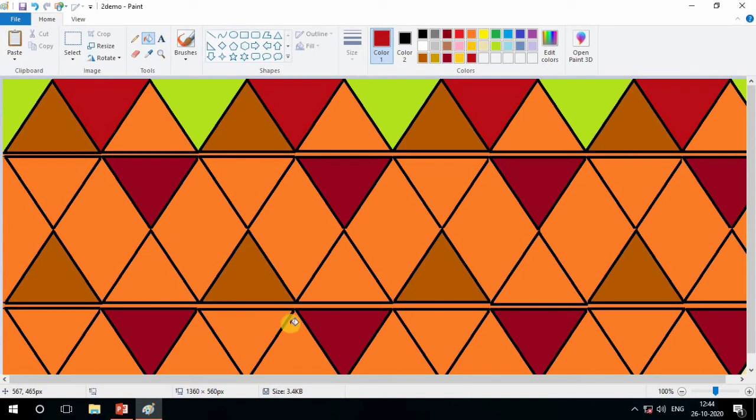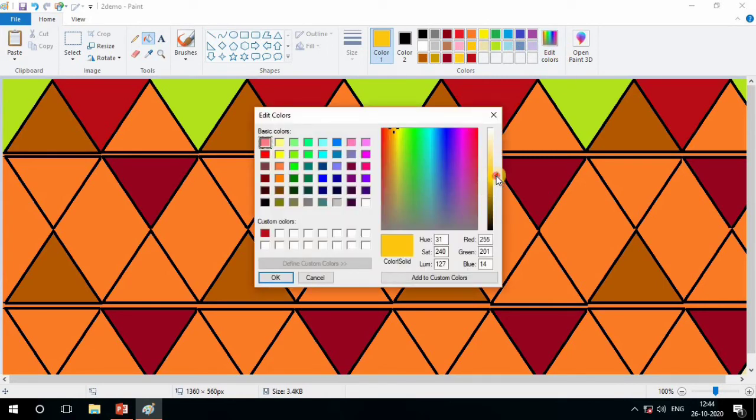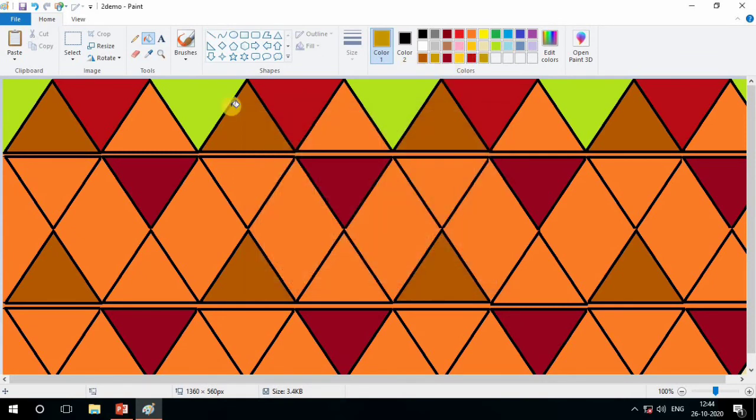See, we are filling different shades into different shapes. Yes, choose another shade also and pick another one. Add it and okay. Now fill here. See, we are putting one space here. One we fill here, one we skip. Third one fill, fourth one skip.